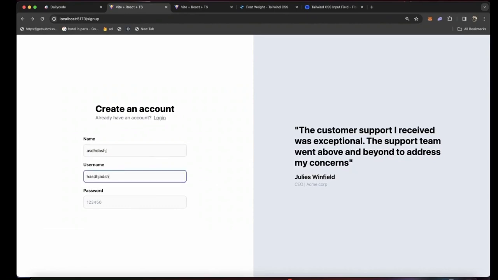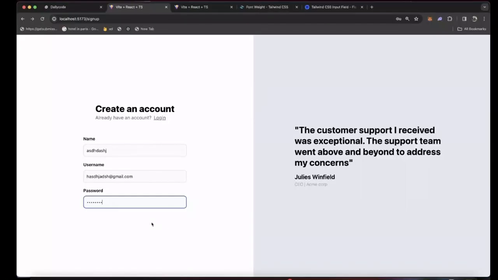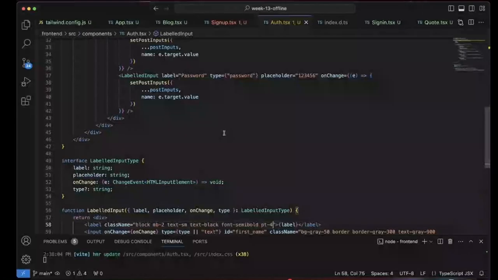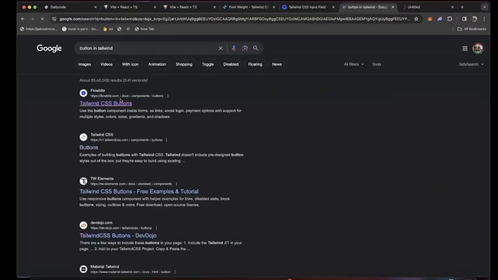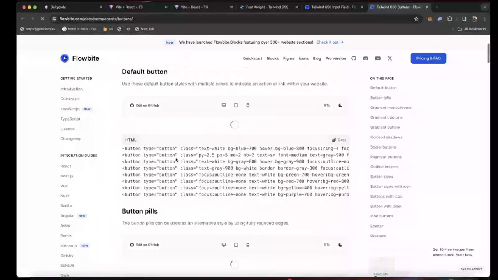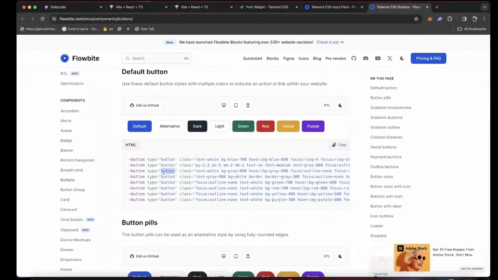I can put my name here, email here, and password. The next thing we should do is whenever the user clicks on a button, which should be at the bottom here, so let me add the button as well. Again, feel free to search button in Tailwind. You'll get a bunch of nice styles that you can copy over. We need a blackish button, so something like this, the third one. Copy it,